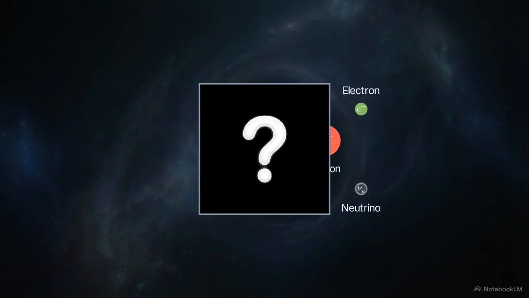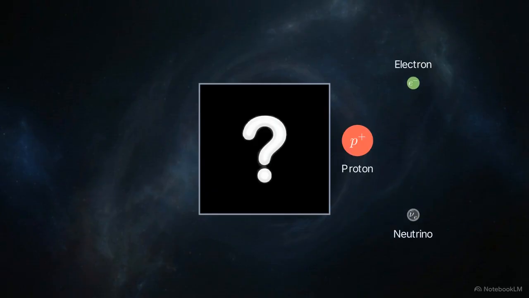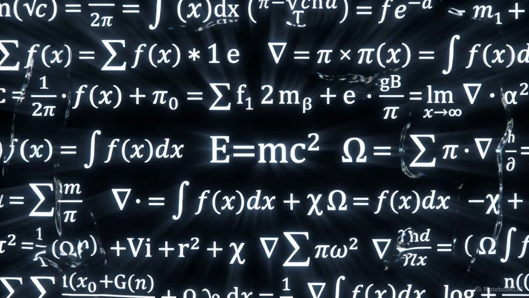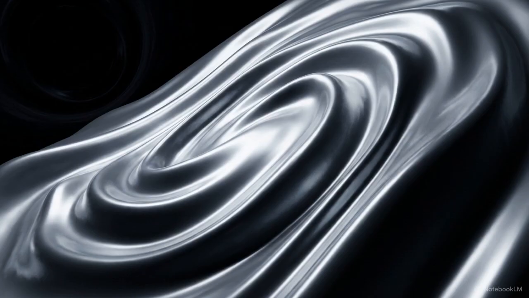In the standard model of physics, beta decay is treated as a black box. A neutron spontaneously transforms into a proton, and in the process, it creates an electron and a ghost-like neutrino entirely from scratch. We are taught that these new particles simply pop into existence via the weak force. But this is an abstract mathematical concept. It gives us equations, but it provides zero physical machinery for how a discrete object actually materializes out of a